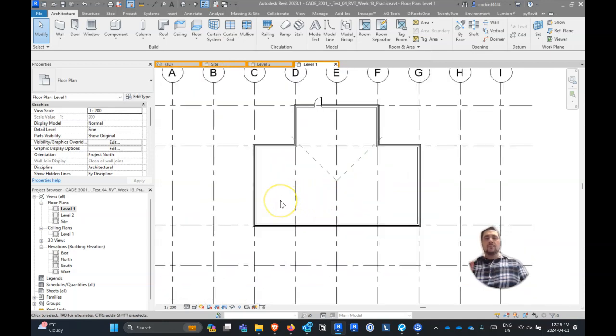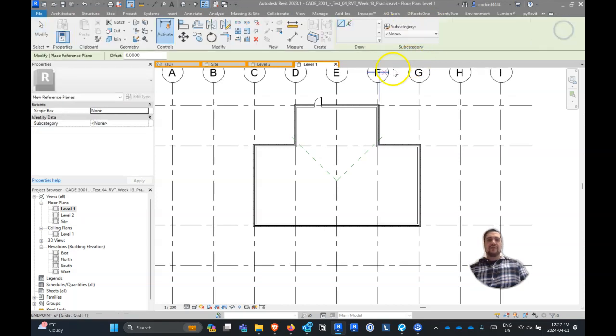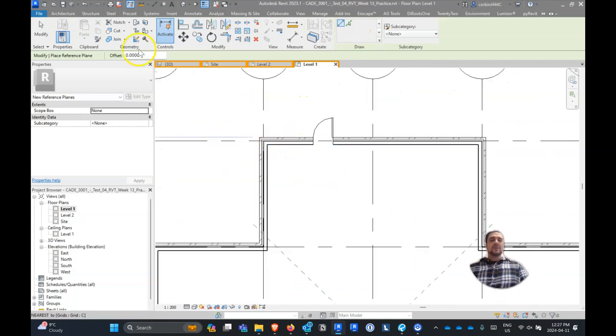So what we want to do is add some curtain walls in here because we want to make this feel a little bit more grand. But I'd like to maintain some of the corners of our building. And really just from a practicality standpoint, I want to make this feel like it's a building that actually can stand up versus it just being full of curtain walls. So my favorite tool, again, is reference planes. I'm going to use the reference plane button again. And I'm going to give an offset of, let's maybe do